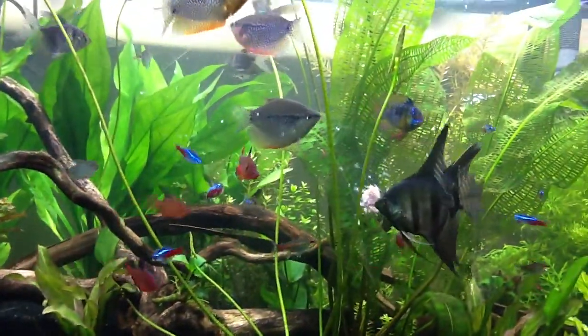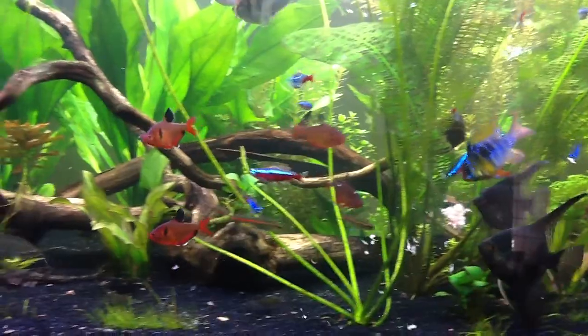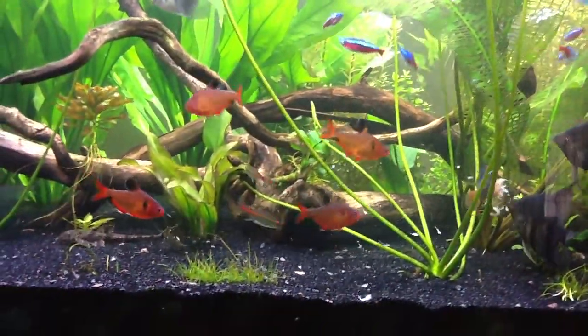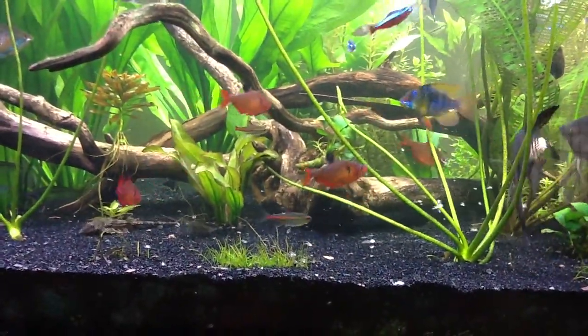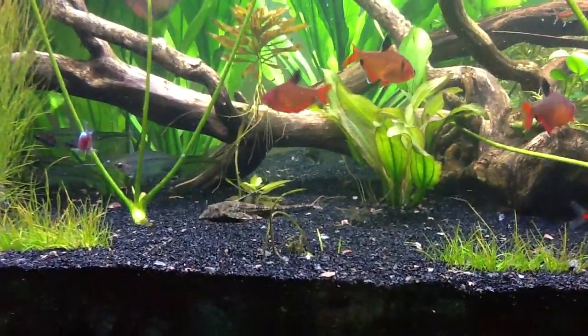Hey folks, just an update, just feeding the fish. This is brine shrimp, and you get an idea for just how strong the current is in here. Get a good idea of the, even that whiptail,